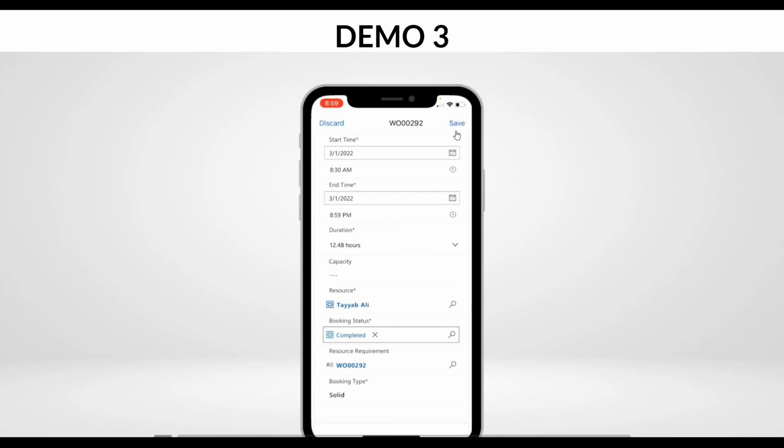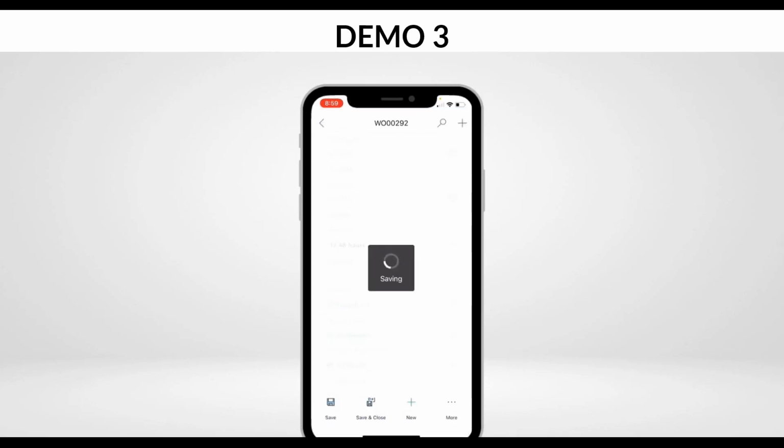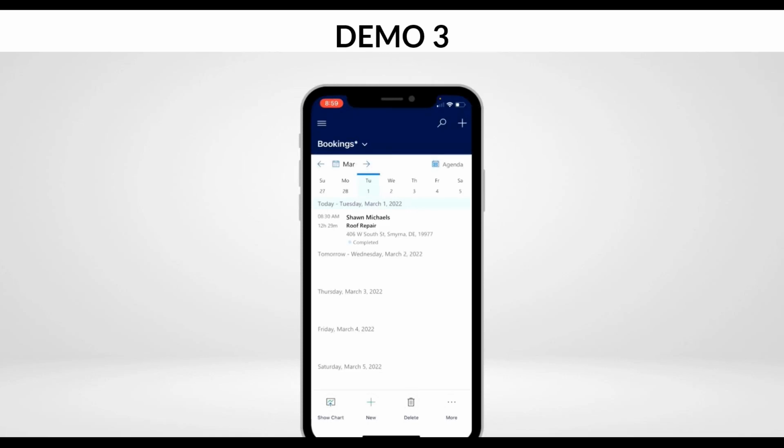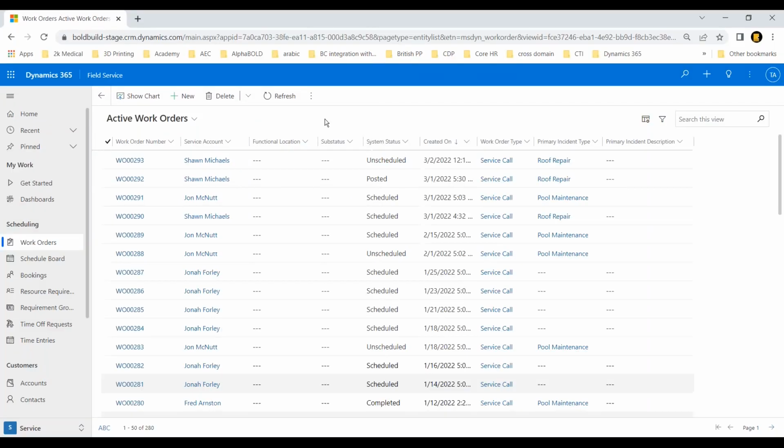So now my expectation obviously is that the dispatcher should be able to see that I'm done. And as a field person, I should be able to go back to my calendar and have the next work order in line, and I can just go and start working on that next work order. So again, a very nice, easy to use application with a nice calendar view that I can use for getting my work done.